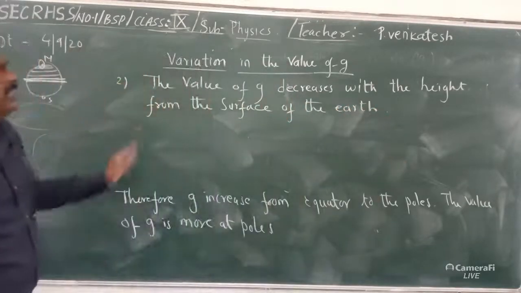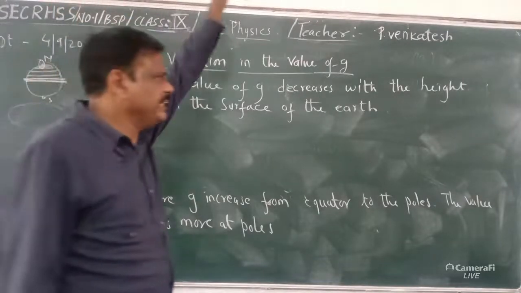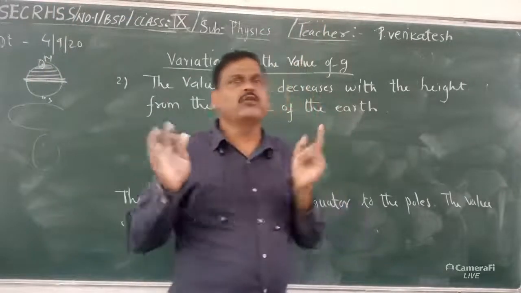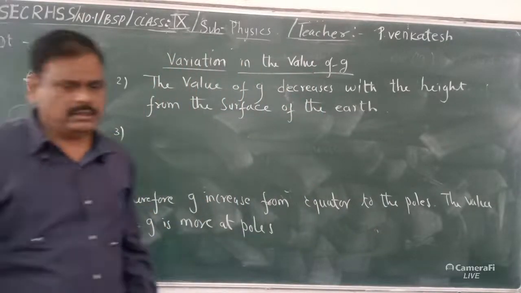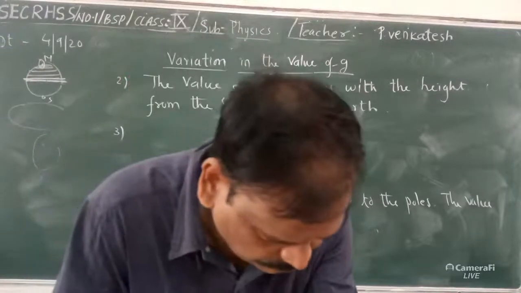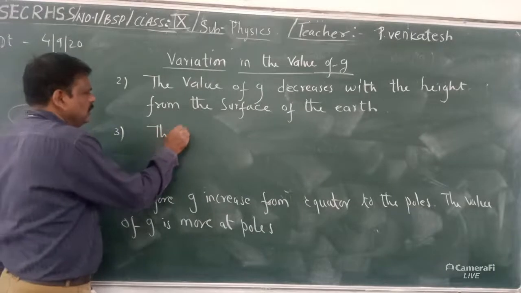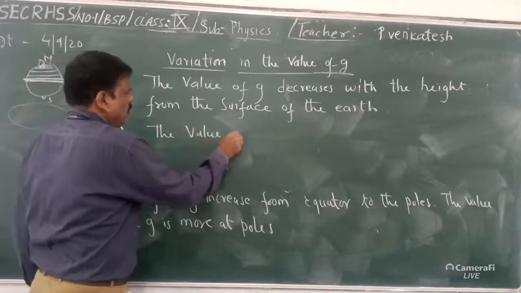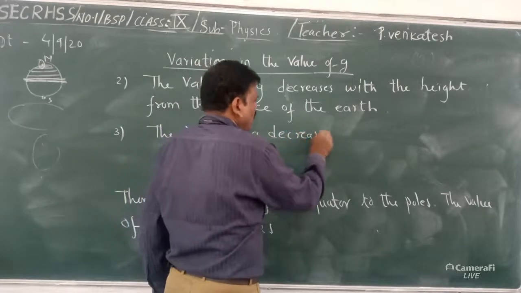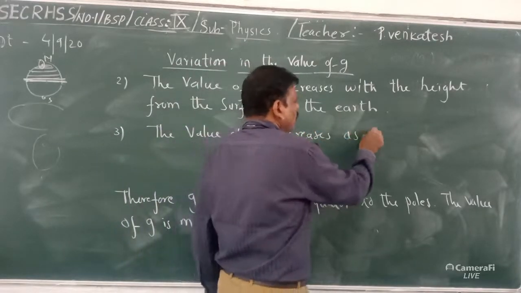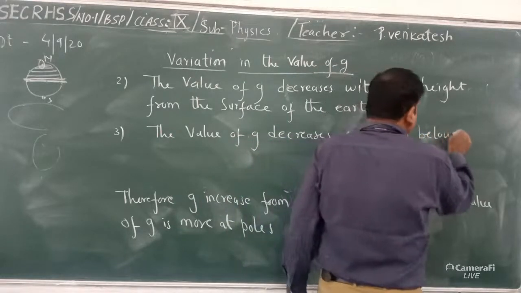The value of G decreases with the height from the, as you go high, जितनी ज़्यादा height जाएगा, value क्या होगा? It goes on decreasing. Third, the value of G decreases as we go below the